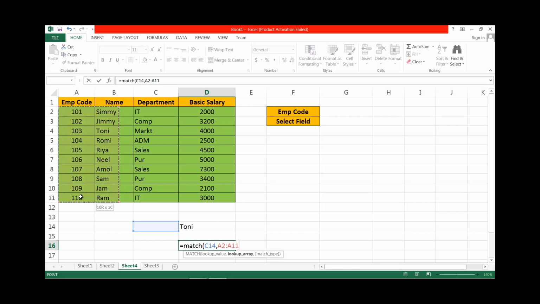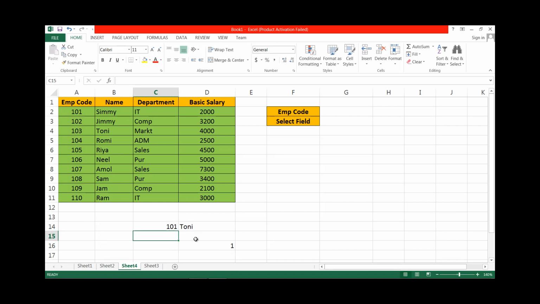Here we use a column, after that 0. Suppose we want the value 101. Then the index of 101 is 1. Suppose we want 105. The position of 105 is 5. Like this the match function works.